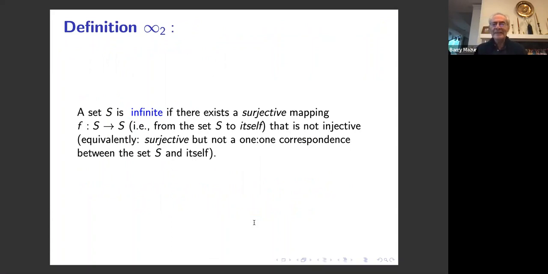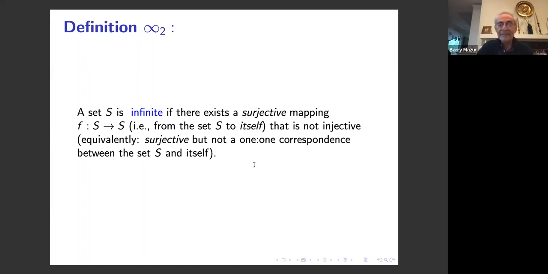Definition 2 is similar, but it replaces injective by surjective. A set is infinite if there exists a surjective map from it to itself that's not injective. Equivalently, it's surjective, but again not a one-to-one correspondence between S and itself. Clearly, intuitively, you're not going to have any finite sets having such maps, either definition 1 or definition 2, but